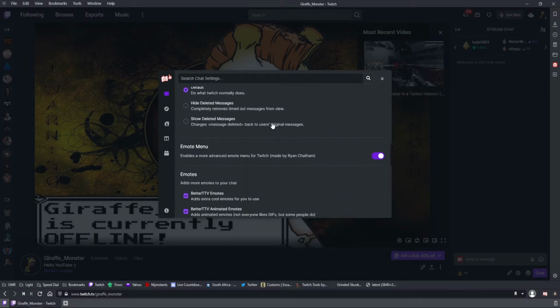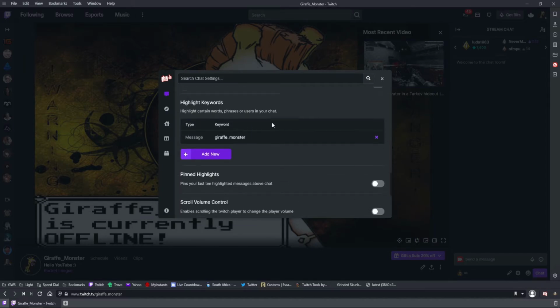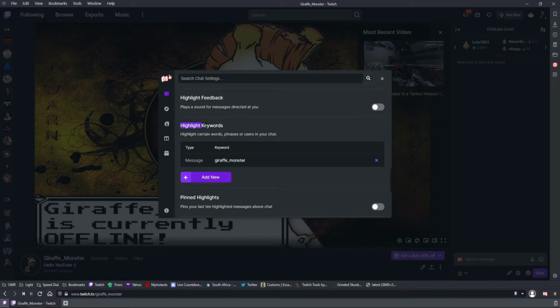There are other things included that will also adjust your chat here, like for example the highlight keywords option. Generally best for the streamer, but if you're a user in chat that's talking with other chatters quite frequently and you feel that you miss some of those messages where you get atted, this will help you, because this by default will put your name as one of those highlighted messages,